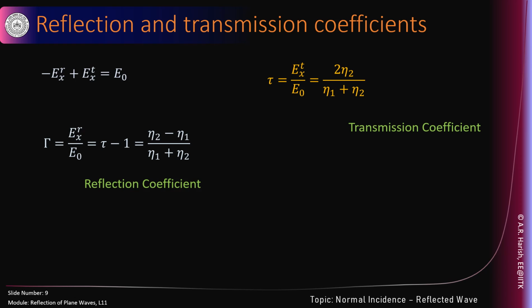We always wondered when we read our books. They said the incident wave, a plane wave, is normally incident on the interface. There is a reflected wave, there is a transmitted wave. Both of them are going in the normal direction. We always asked the question, why do we need a reflected wave? First question. Second question, if we need a reflected wave, why should it follow the path of the incident wave? Why can't it go elsewhere? So it all boils down to the enforcement of the boundary condition, that is, continuity of the tangential component of electric field and magnetic field at the interface between the two media.